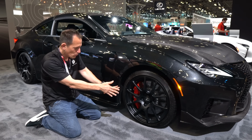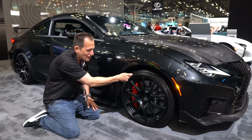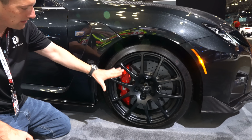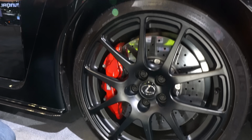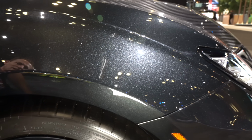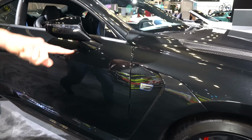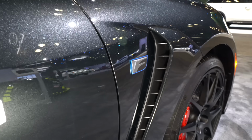Now, the size of the wheel, 19-inch up front, 255 on the width, and a 35 series sidewall. But let me know what you think about the colors. This is how I would spec mine. I love the red, this flat black wheel, and then look at the paint. It's got so much sparkle in it, more than a bass fishing boat. Absolutely mesmerizing. Now, as we have Lori swing around, she's gonna show you that functional side fender vent with the F badge. This is a